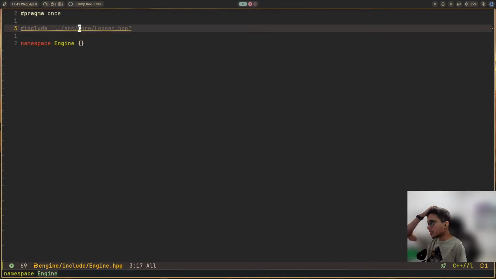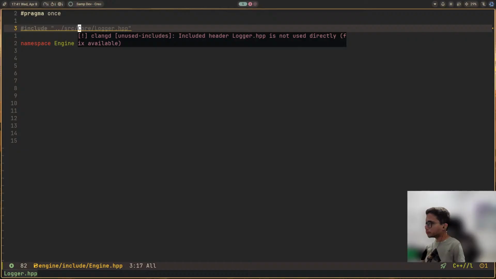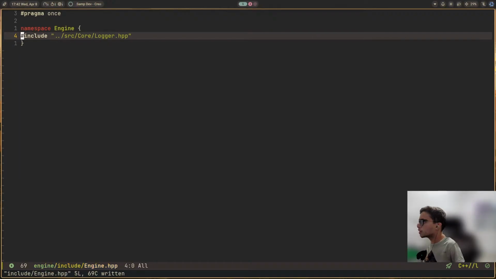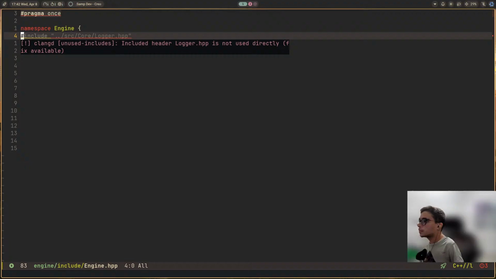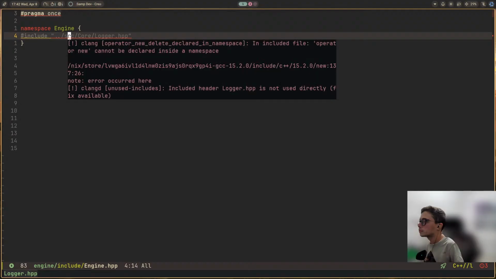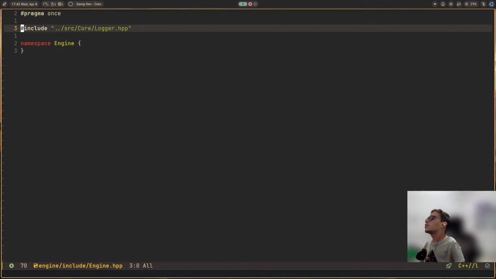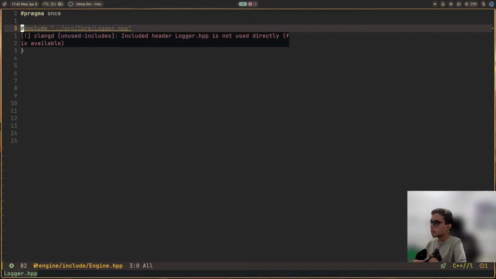If I set that include inside a namespace, the editor warns that the operator new cannot be declared inside the namespace. What I'm thinking is, okay, I'm including that logger.hpp,